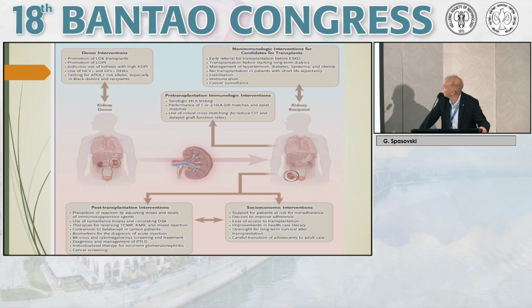Then non-immunological standard intervention: the patient needs to be referred to a nephrologist as early as possible, but not less than 45 milliliters per minute, so stage 3B. Why is that? If they are coming too early to us, then we are going to be overwhelmed with a lot of patients. And in fact, only a small percentage of the CKD patients come to stage 5, and they are in need of transplantation.